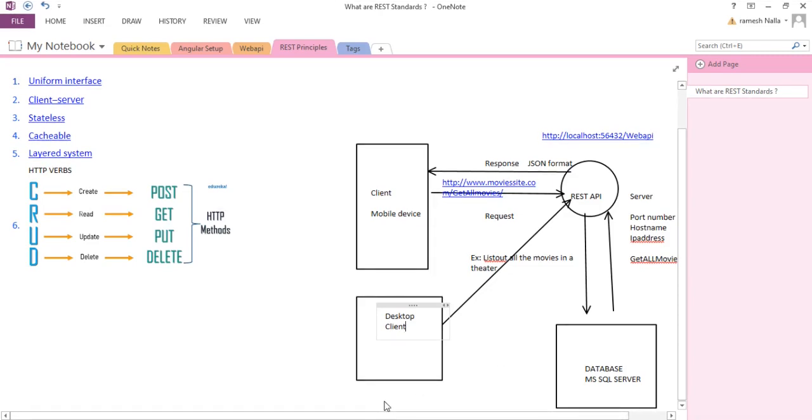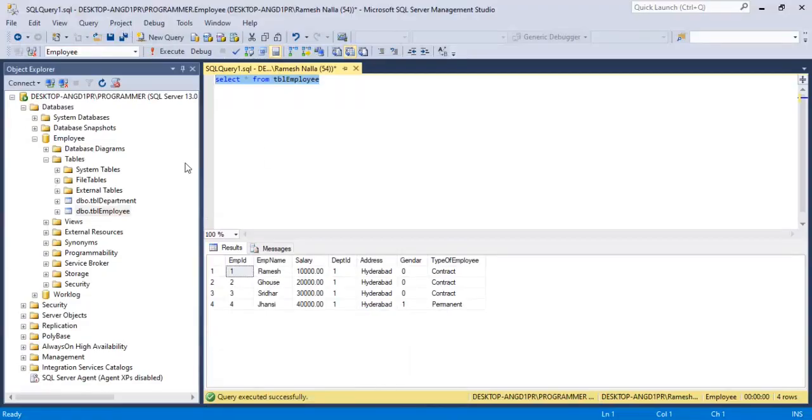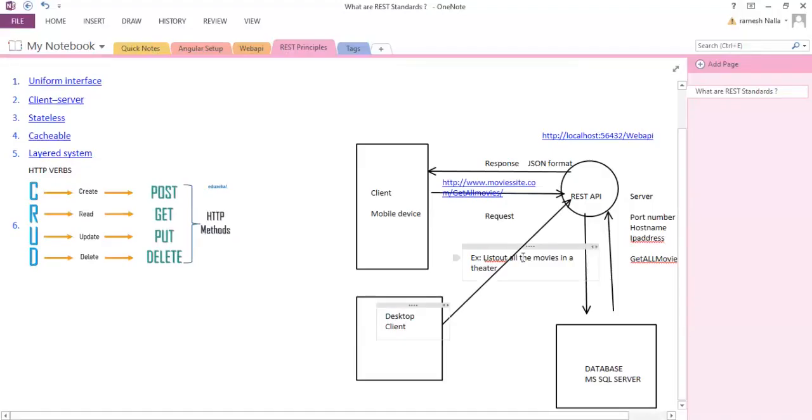I'm going to create an employee service and get the data from the database. I have already created a table called TBL employee in an employee database. This is SQL Server Management Studio. To create this client-server architecture, you need to know how to create a client, how to create a service, and how to consume the service.